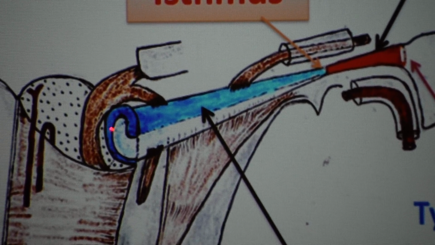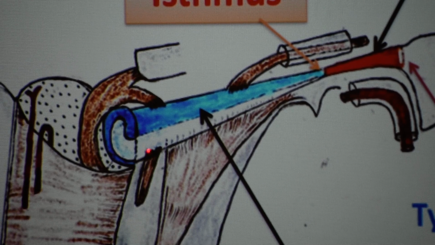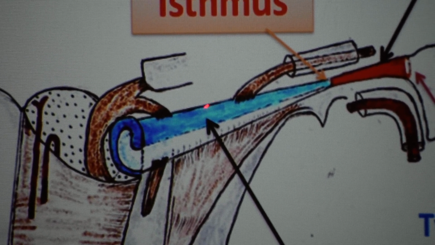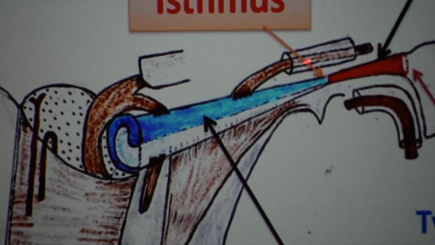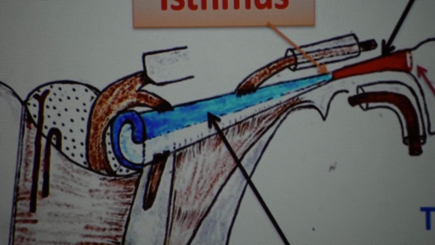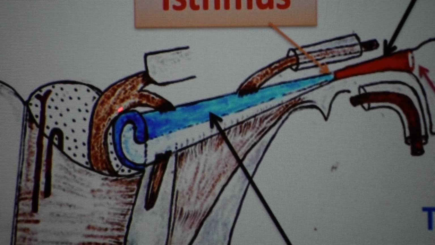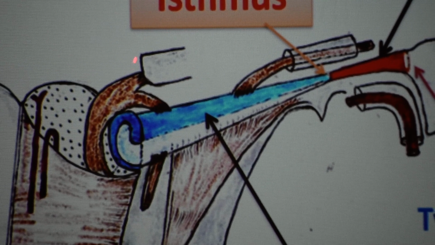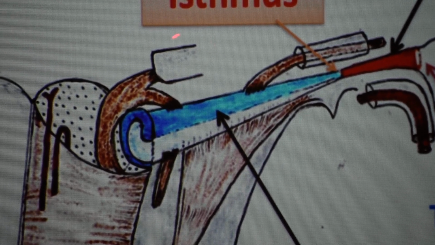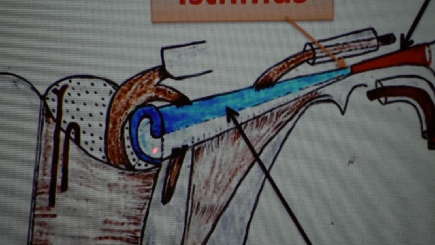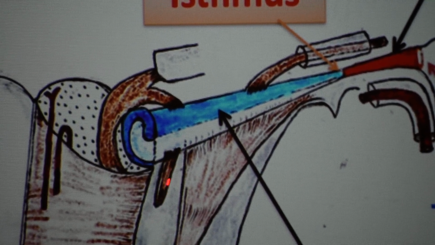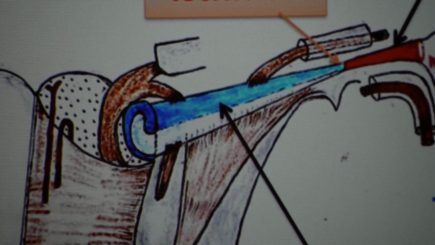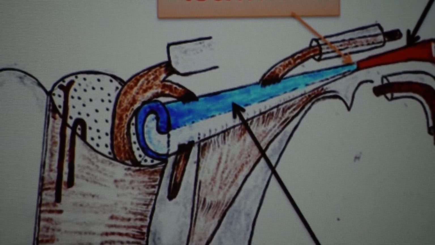Now on the medial broad lamina three muscles are attached. From above, the tensor tympani muscle passes through its bony canal on the upper part of the cartilaginous tube, and second, the levator veli palatini, which is attached here at the apex of the petrous temporal bone, and from the lower part, the salpingopharyngeus muscle. So these three muscles are attached on the broad medial lamina of the cartilaginous part of the auditory tube.